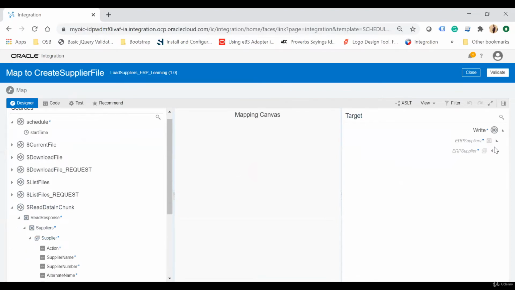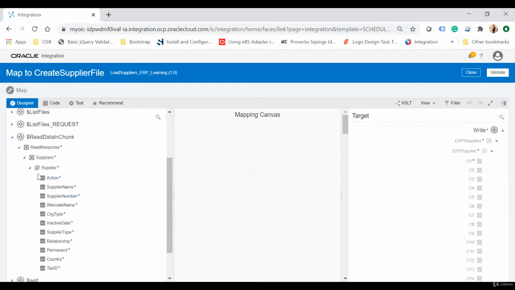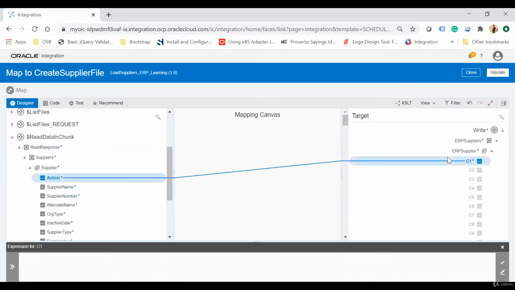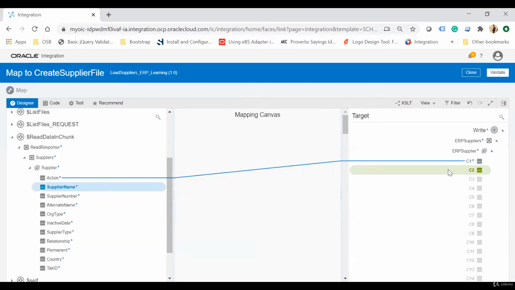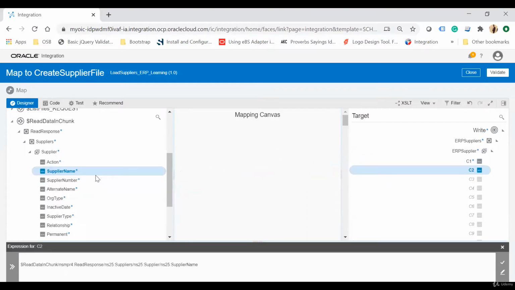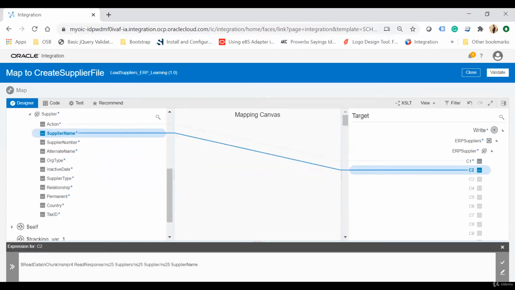Similarly, ERP suppliers, and then here you see C1 is the only mandatory field and all are optional. So here you have to see which field should map with which field. So I'm just mapping the fields like this, action to C1. So here I will do the mapping as per my requirement, but yes, you can do the mapping as per your business requirement. So here I will do org type to